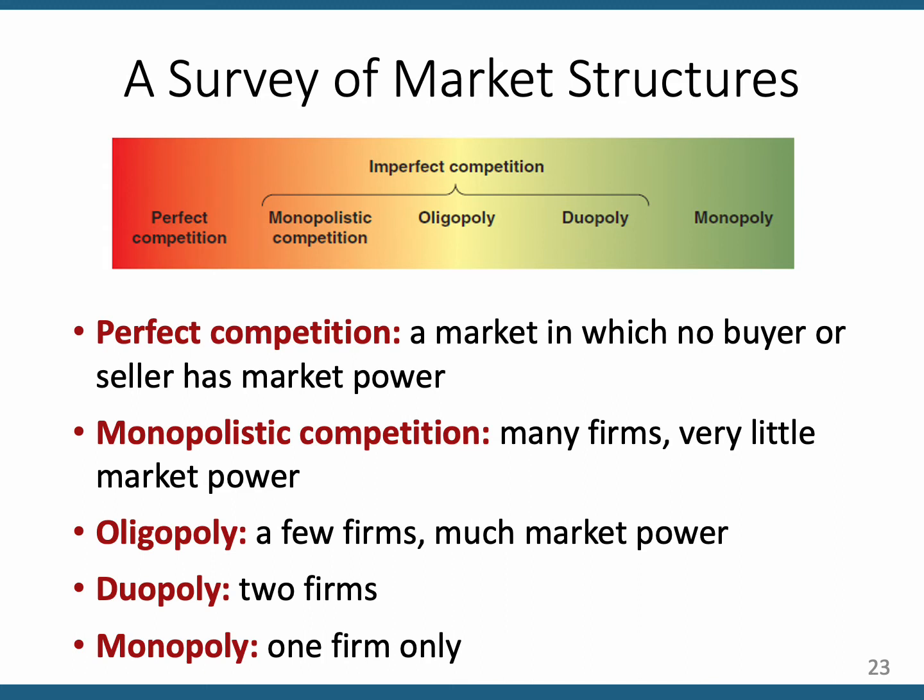So again, perfect competition, there are lots and lots of sellers, so no one seller has market power of any sort. Monopolistic competition, there's many firms. It's not a standardized product anymore. Usually it's a differentiated product, so that gives sellers some power, some control over their price, and there's not quite as many sellers as there is with perfect competition. Oligopoly, just a few sellers who have most of the market share or the majority of it. And then monopoly, just one seller.